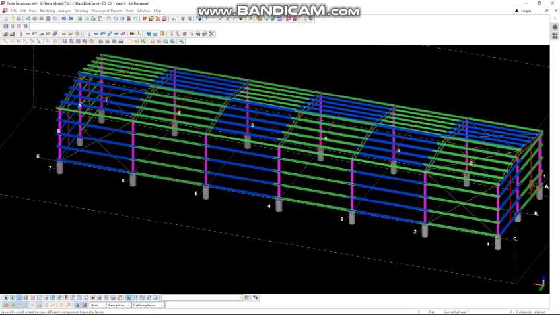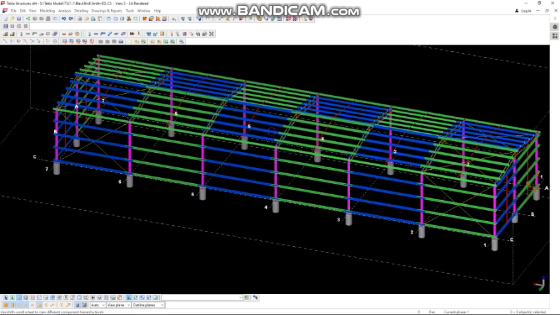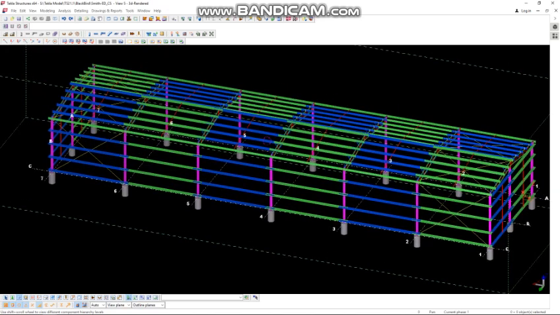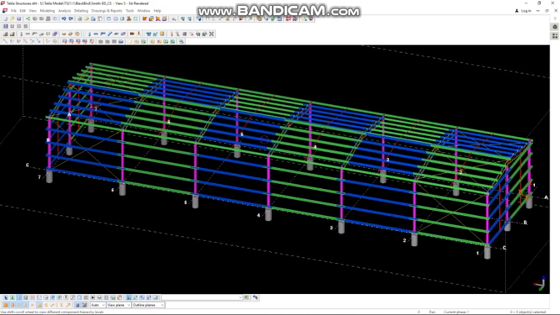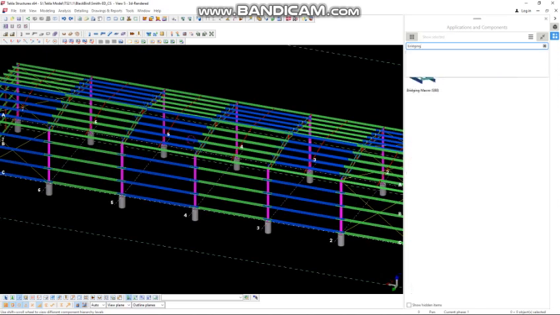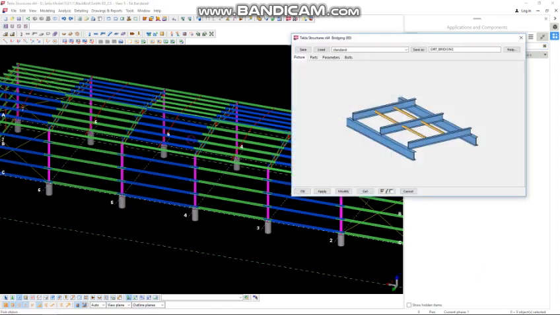Hello. So I'm here to present my idea on modeling of bridging for GERT and purlins. Tekla has a default component for bridging. Just type, for example, bridging, and here's the bridging macro. Just double click this one, and then this macro can create bridging for different types of suppliers such as